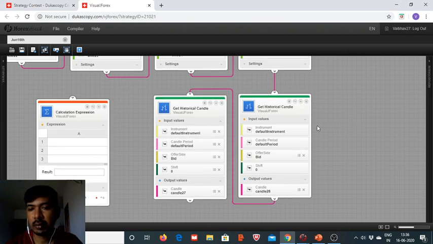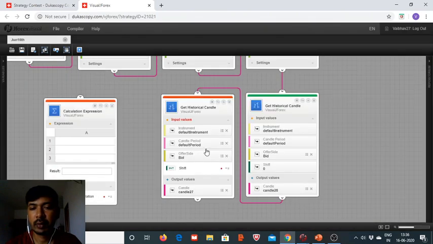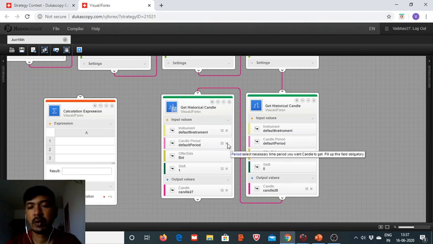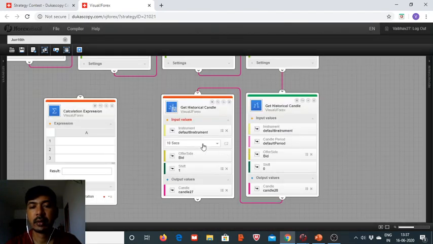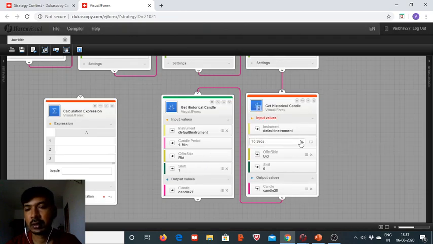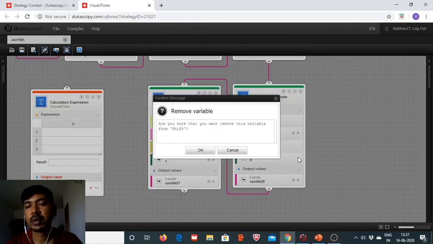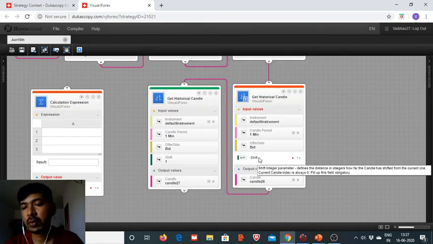So now we define this with shift 1, candle 27, and default period will be of 1 minute. And this one as well, 1 minute, and this shift 2,